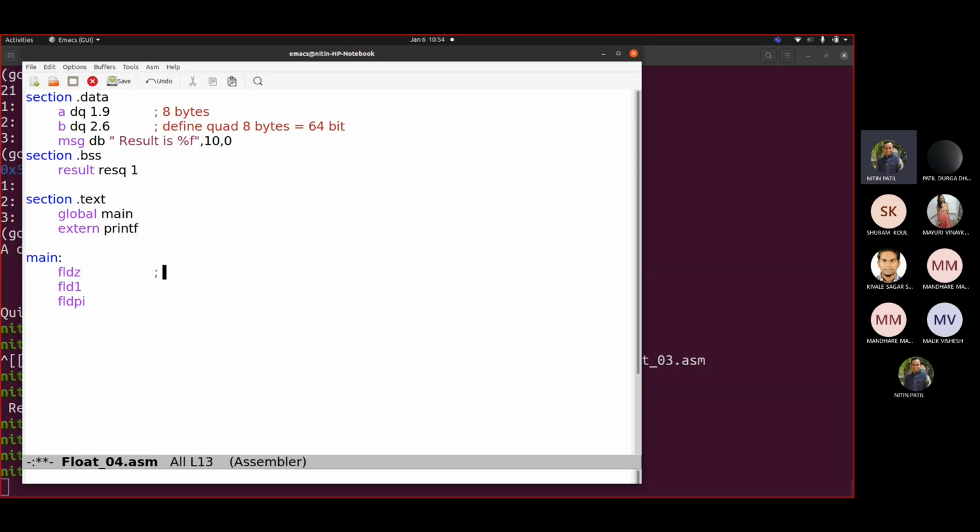Okay, so this loads 0 to ST0, loads 1 to ST0, loads the pi value to ST0. So it will always be ST0. Now whenever an earlier FLD is there and you have another FLD, the earlier FLD would be shifted to ST1. So ST2 will have 0 in that case.